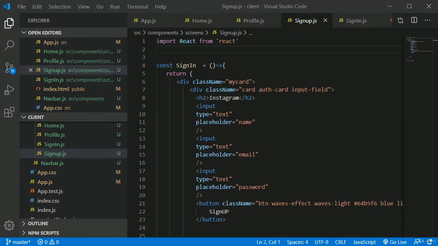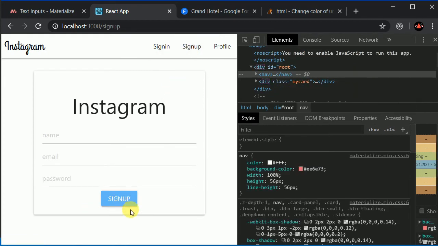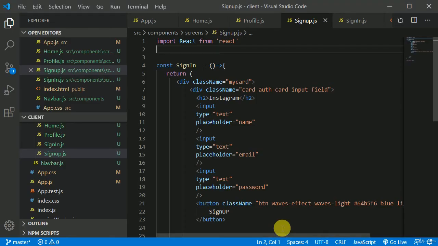Now maybe in here we can add a little link, like if the user already has an account, they can navigate to the sign in screen. If the user doesn't have an account, they can navigate to the sign up screen, right? So we can add a little link after this button. Let's import Link from React Router DOM.